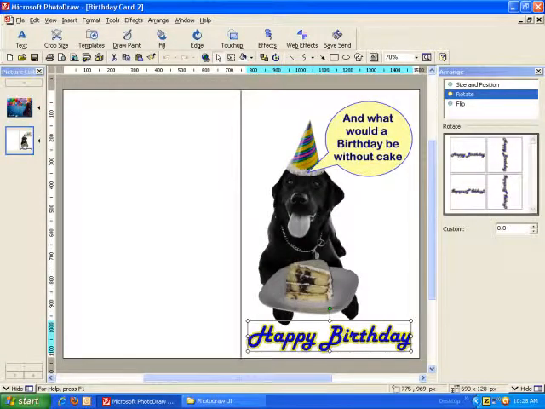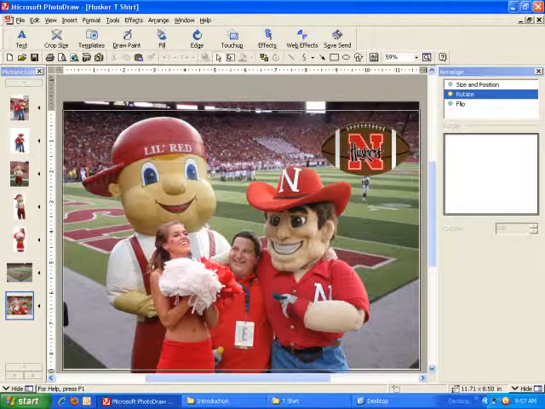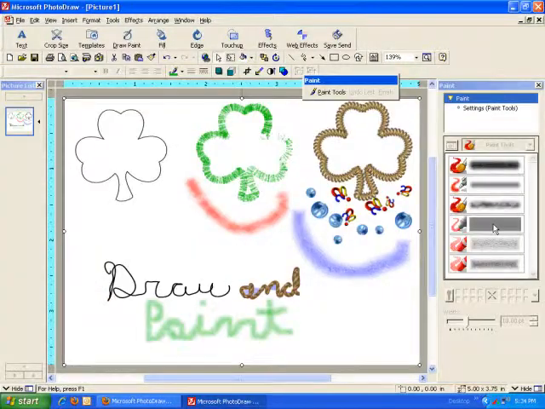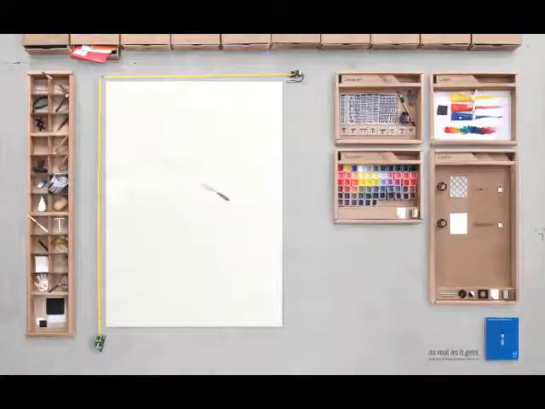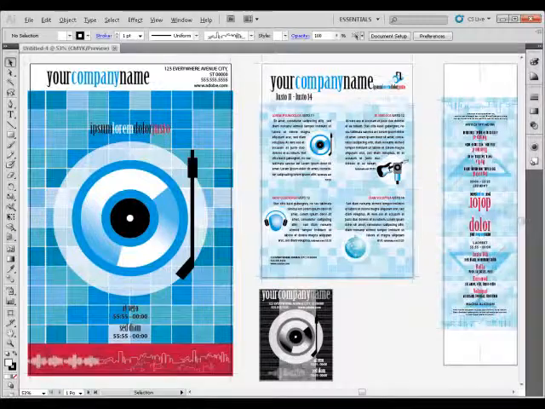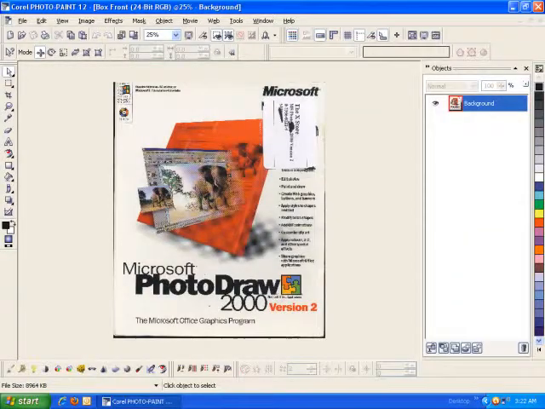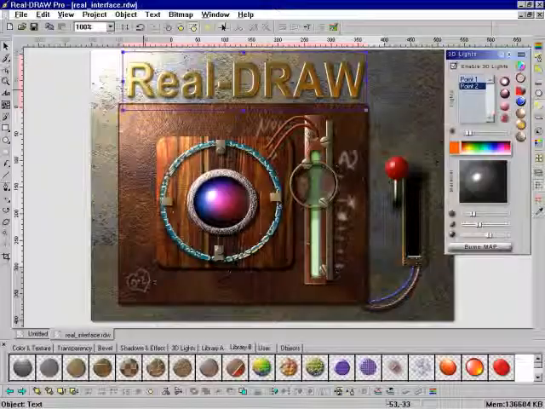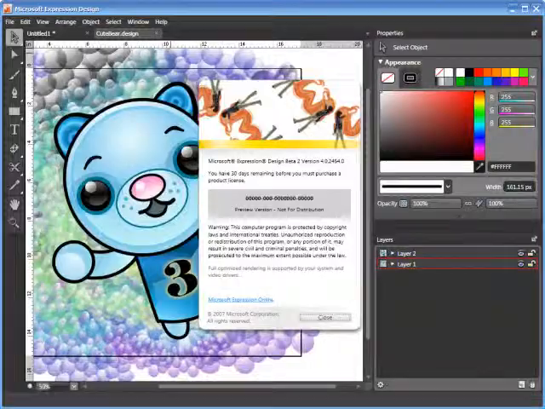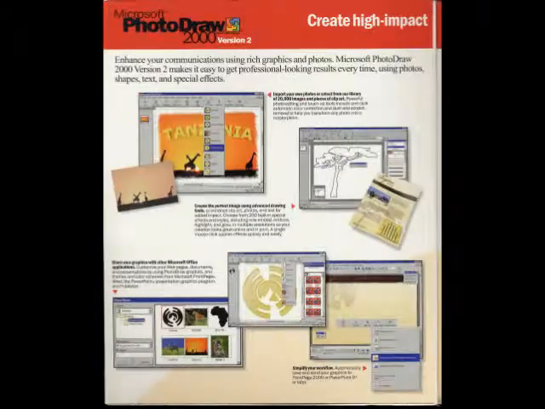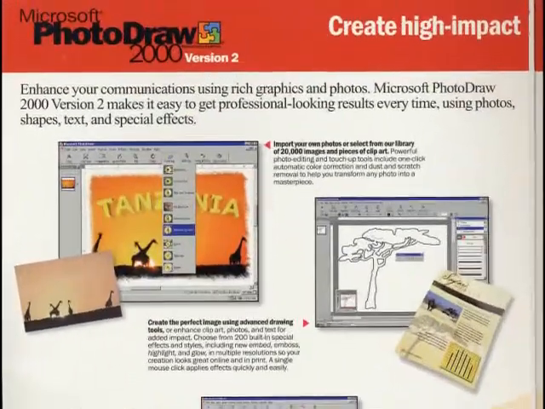Of all of the photo editing and graphics programs I currently own, or have tried, Microsoft PhotoDraw is by far the easiest to use and does most everything I need it to. I've used Adobe Photoshop, Adobe Illustrator, Macromedia Fireworks, Corel Photo Paint, the GIMP, RealDraw Pro, and Microsoft Expression Design. While PhotoDraw doesn't have every feature that these high-end programs do, it is much easier to use and doesn't cost